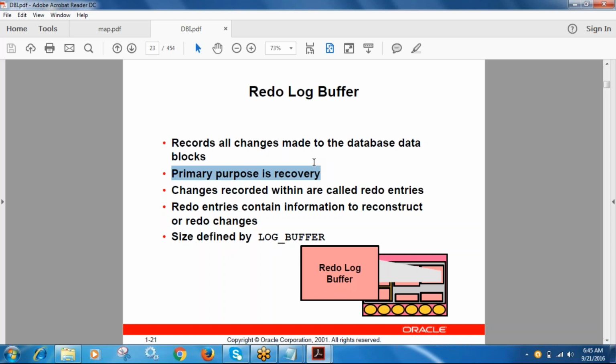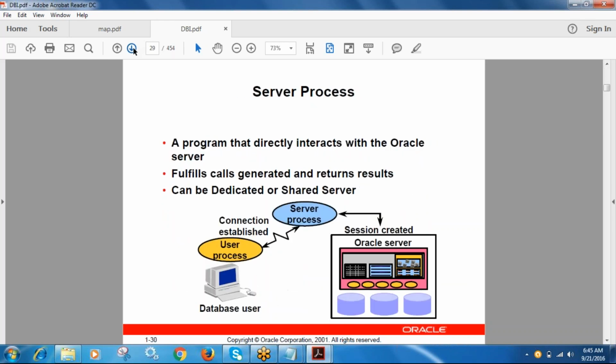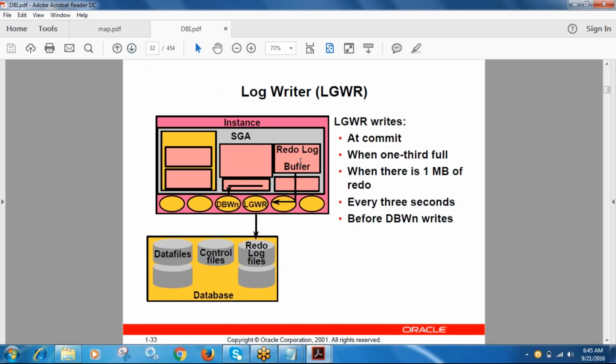To store this information, it will be writing from the redolog buffer before the database writer writes into data files. The log writer, what is the role of a log writer? Whatever the data is there in the redolog buffer, the log writer writes into redolog files, into the redolog group,